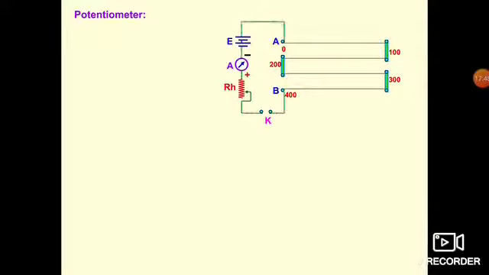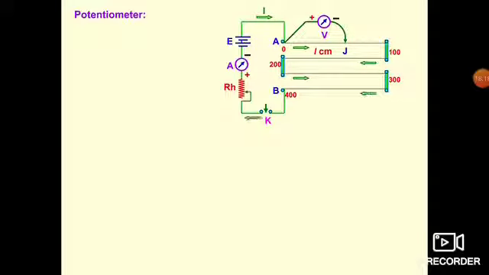Now we can connect it like this. The rheostat is there. We use the rheostat for a constant supply of voltage and current in the circuit. The ammeter is connected. There is one key K. Now at point A we have a voltmeter, which is further connected with the jockey J. We can touch this jockey at any point of the wire of this potentiometer. Suppose it is touching at point J and the length is L centimeter.